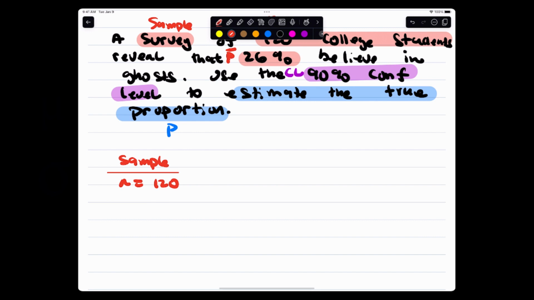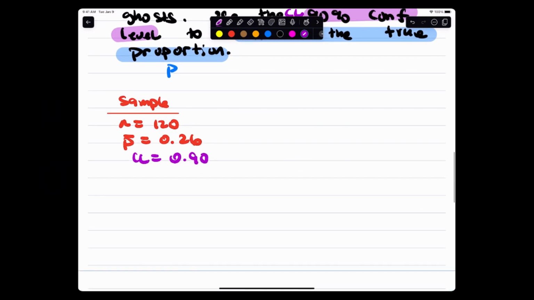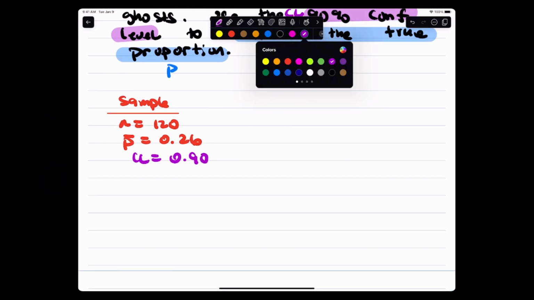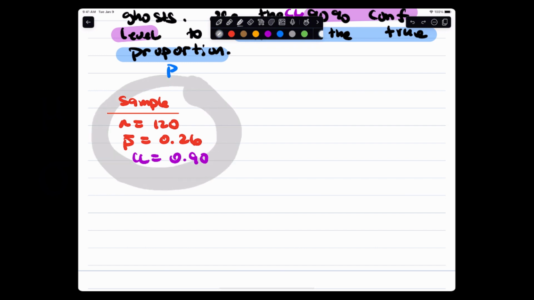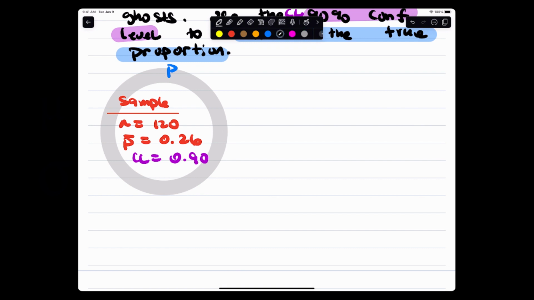The sample size is 120. The sample proportion is 0.26. The confidence level is 0.90. We are going to use, ladies and gentlemen, Z what? 1